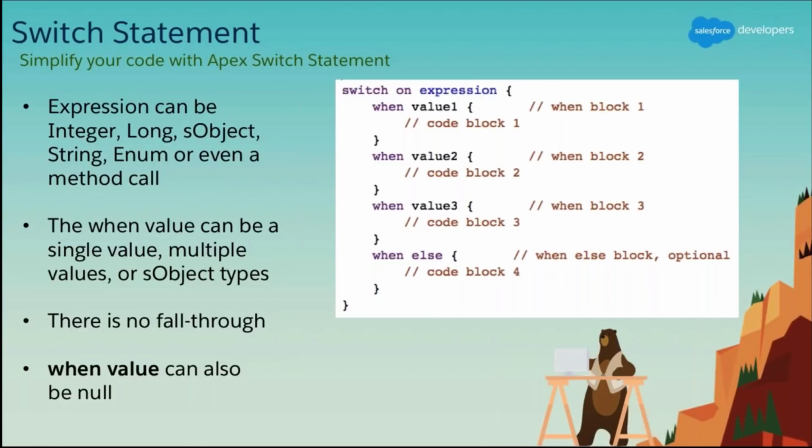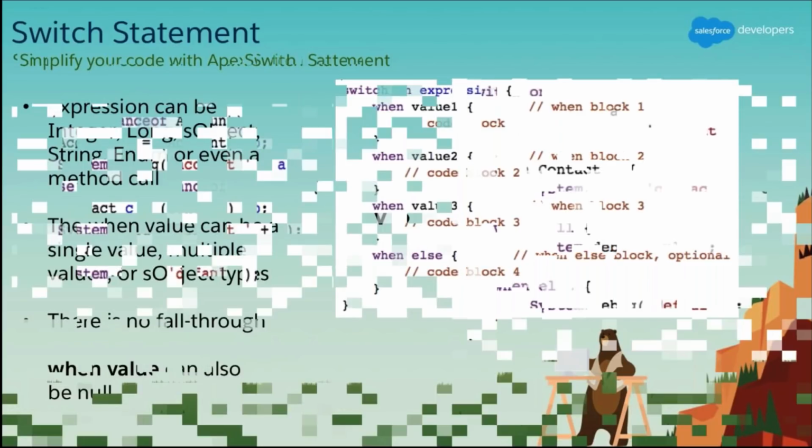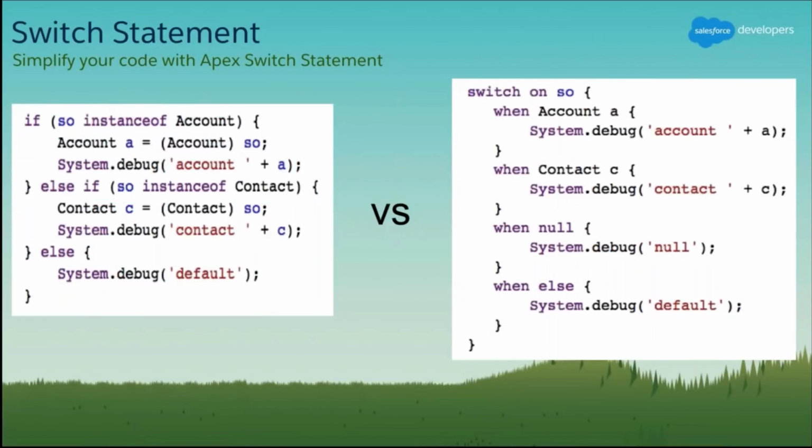Can't wait. Now you can see here, I've illustrated a simple block diagram. So on the left side, you can see the code, which can be implemented using your if statements. Okay. Earlier, if you want to work on sObject particularly, this is an example with the sObject there. So if you're working with the sObjects, you'll have to check what is the instance of this object, what is the type of this object there. Okay, and then handle it accordingly. Okay. Now with your switch statement, it automatically identifies what type of sObject it is. You only need to worry about what is the code that has to be written in each of the cases there. Okay,